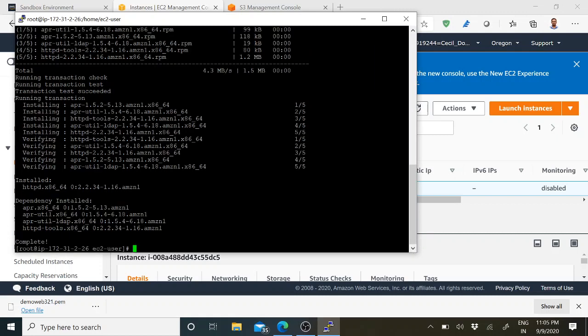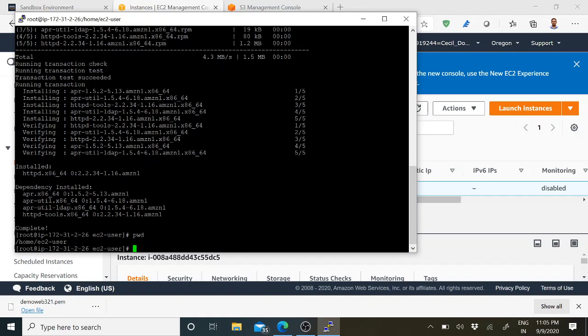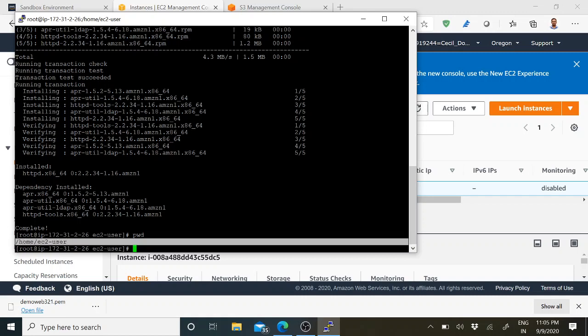Now you have to check the path. For that, the command is pwd. This will help you check the path. You can see here it is /home/ec2-user. So we have to set the path for locating our objects.